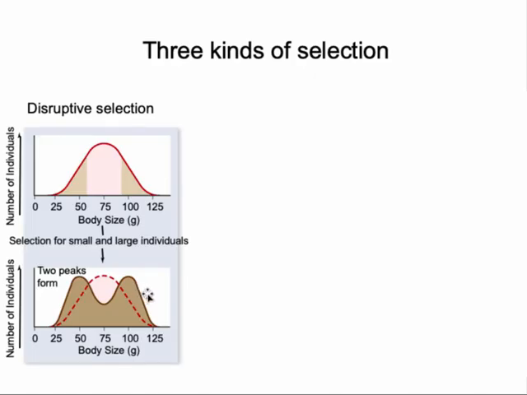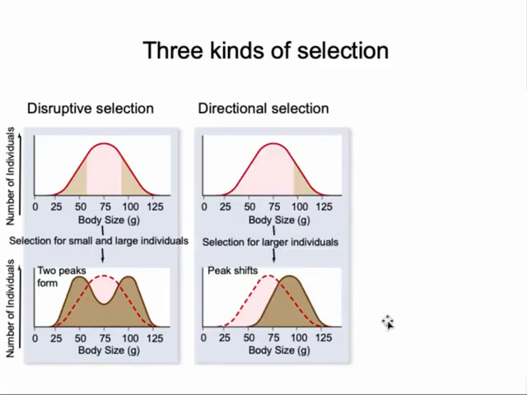And if selection keeps going this way, you could end up with two populations that could eventually even become two separate species. Another type of selection is directional selection. So in this case, you're favoring either the individuals with a high degree of the trait or a low degree of the trait. Looking at this example of body size, if you favor individuals with the largest body size, then